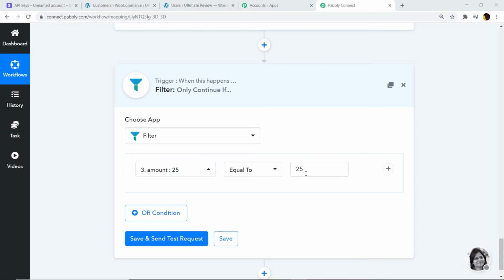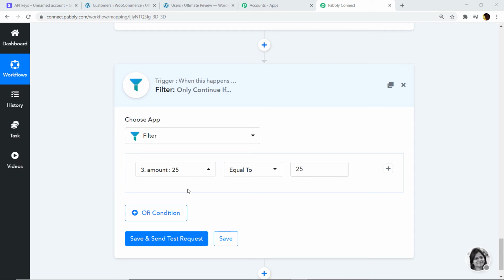So my point is, anytime a charge is made that is higher or lower than 25, the data won't pass forward. It will be restricted. Only the charge that is exactly equal to $25 will pass to the next stage. I hope you get it. If you have a Stripe account with WooCommerce but it doesn't cater to other platforms, then this step can be avoided. However, if you have a Stripe account managing different platforms, then this step is very vital.